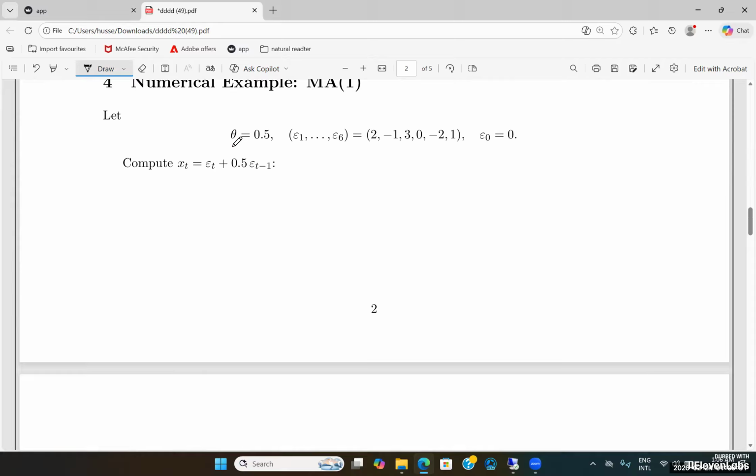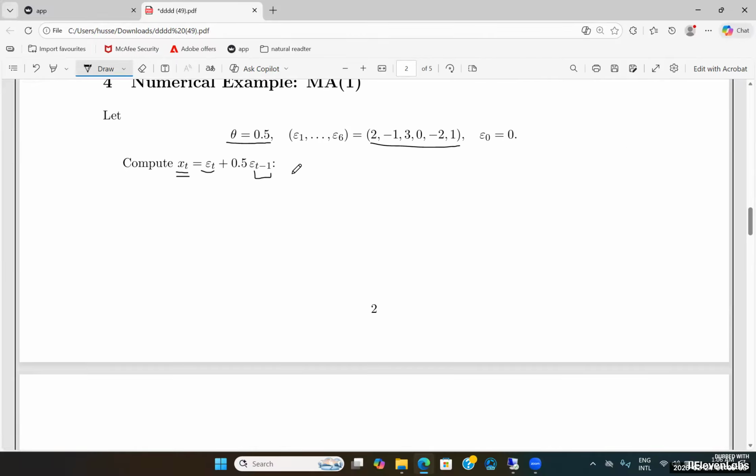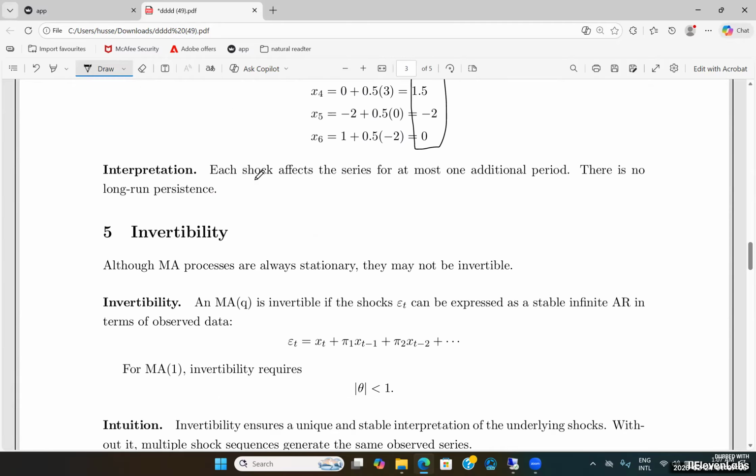For example, if we take this numerical case where we've already found the error terms, and if we then assume that our parameter theta is precisely 0.5, we can quite easily determine the xt value according to the moving average model. It's simply the current error term combined with the previous error term, which has been multiplied by 0.5. The previous error term, you see, did not die out completely. Its effect will continue to remain significant for the next period, and that's precisely why we establish a clear connection between the previous period and the current period. Therefore, by carefully working through this specific example, we can determine the value of xt by following the moving average path. This implies that every single shock will influence the time series for a maximum of just one additional period.